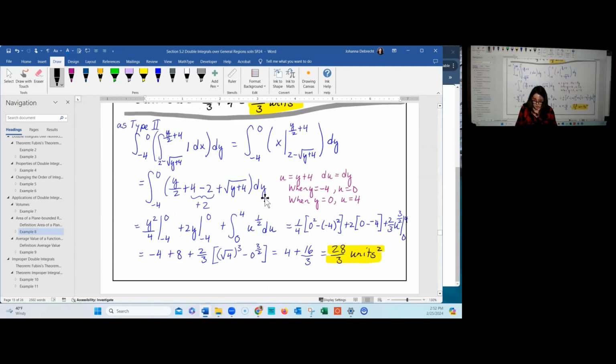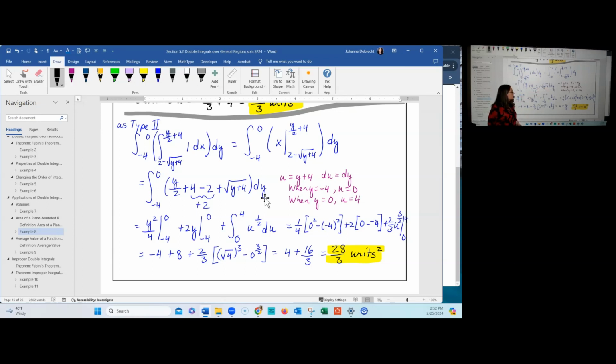As a type 2, you can see on the outside, we have the integral from -4 to 0 with respect to y. And on the inside, we have the integral of 1 dx from the parabola to the line. Of course, the integral of 1 dx is just x. And when we substitute the limits of integration, we get y divided by 2 plus 2 plus the root of